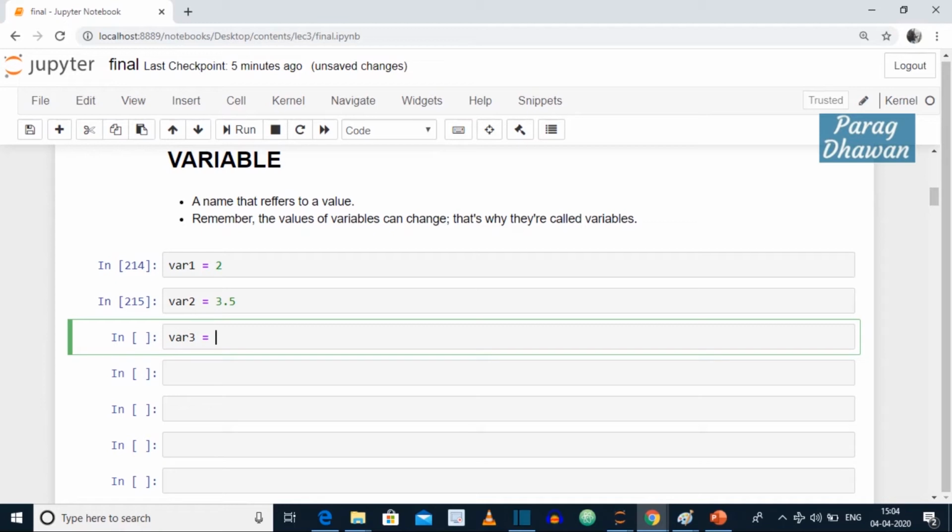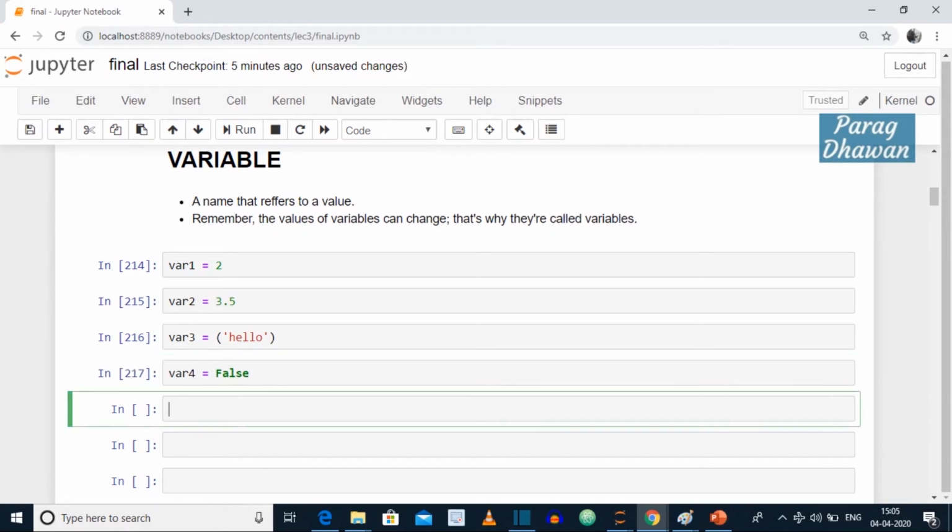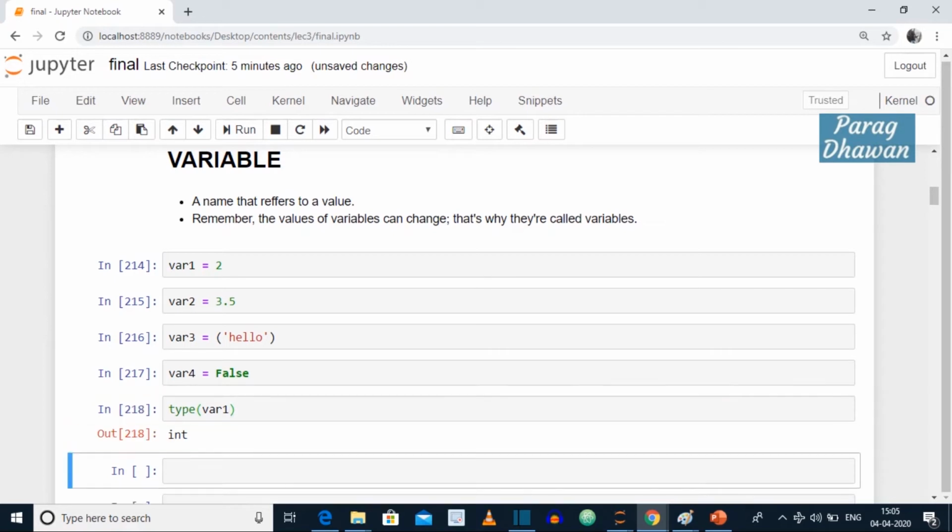If a string is assigned to a variable, then variable 3 is a string, and if a boolean value is assigned to a variable, then the variable is boolean. We can also check the type of variable using type function. Write type var1, integer.